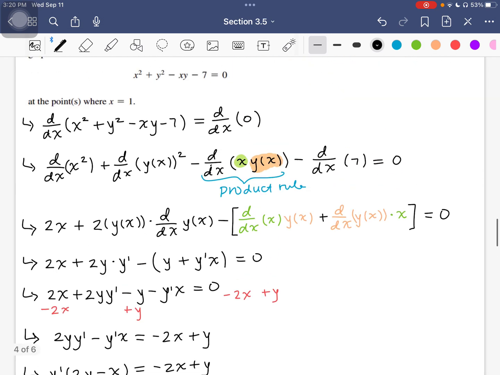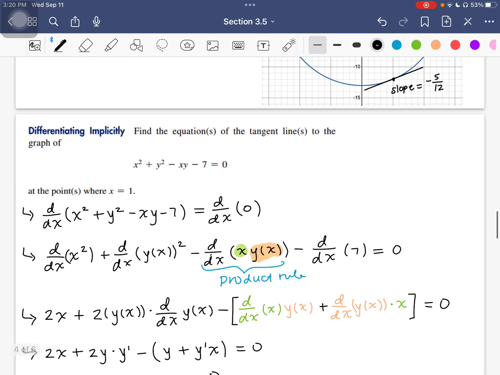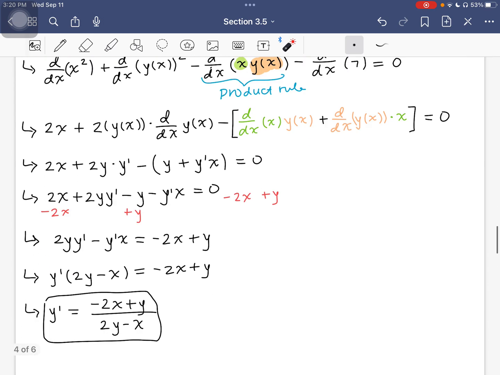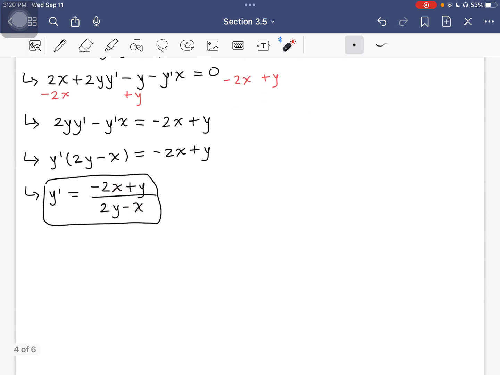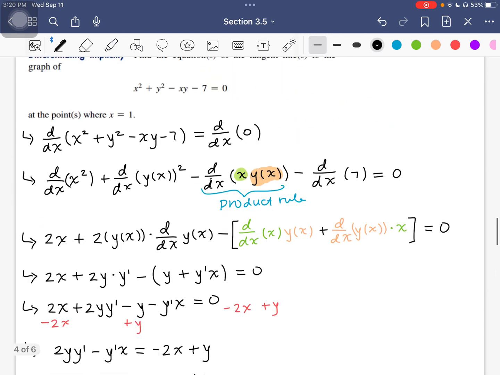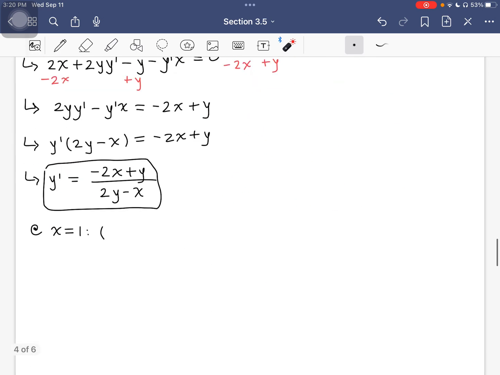Remember, we want to find the equation for the tangent line of this guy at this point, x is equal to 1. And so we would plug x into here, but again, we don't have a value for y. So we need to figure out what y will be equal to when x is equal to 1. So plugging x is equal to 1 into our original equation here and solving for y,